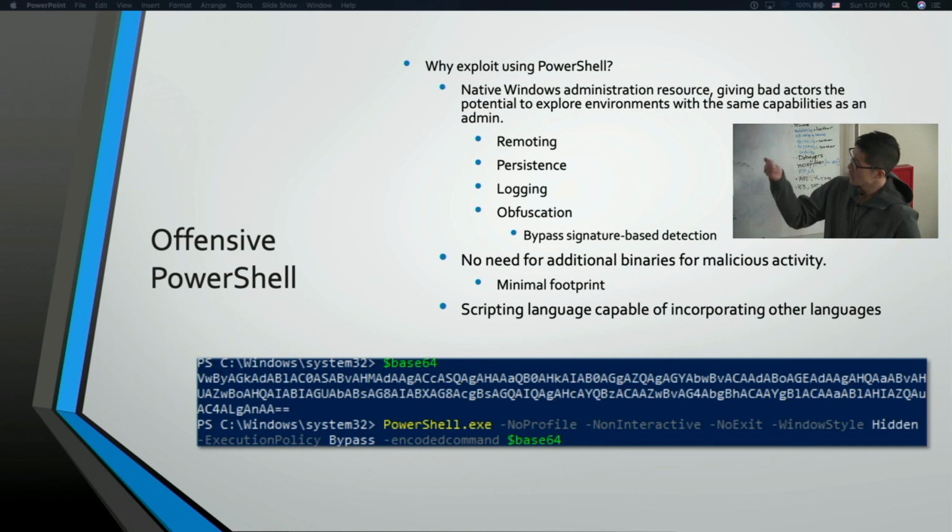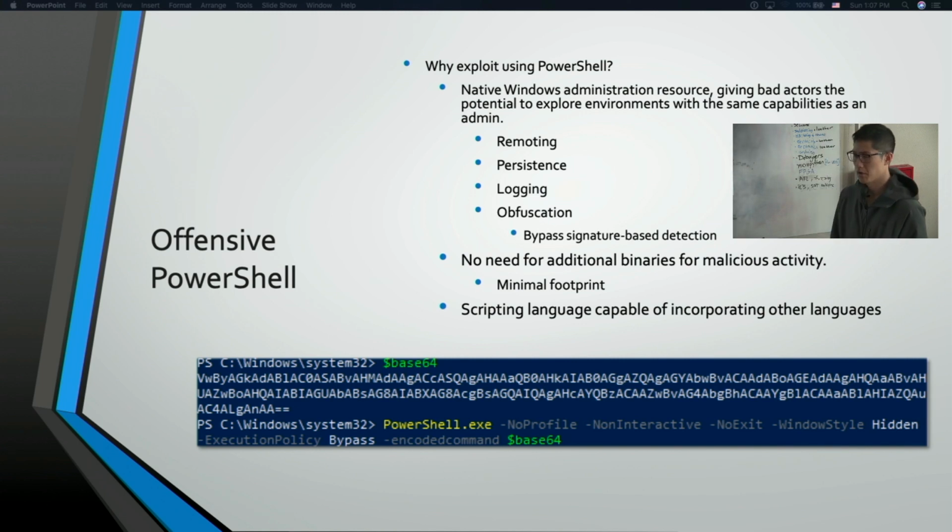And so going on into logging and then obfuscation. All of this would equip a bad actor with a lot more knowledge than what they typically would have. And if they know enough to piece those tools together, they can do some serious mayhem. You don't need additional libraries or binaries. So something that's fairly common,